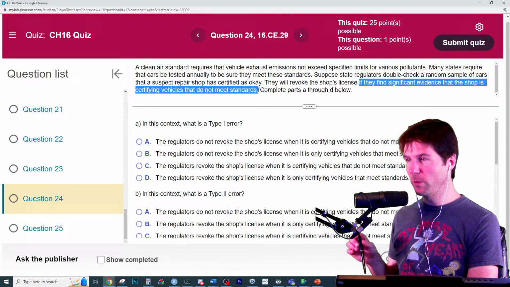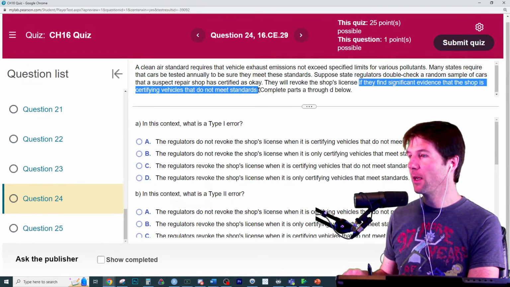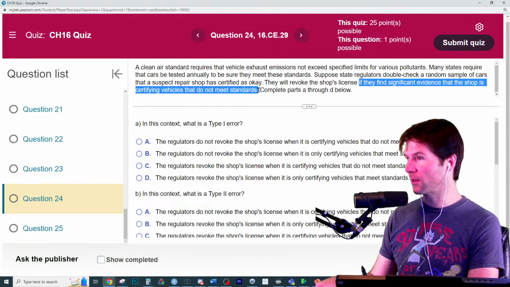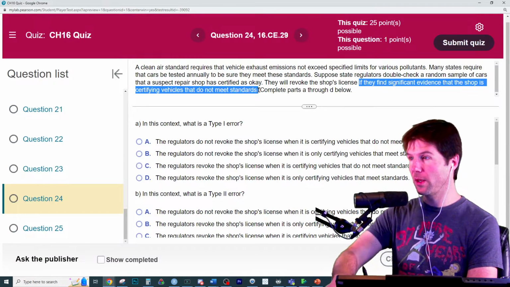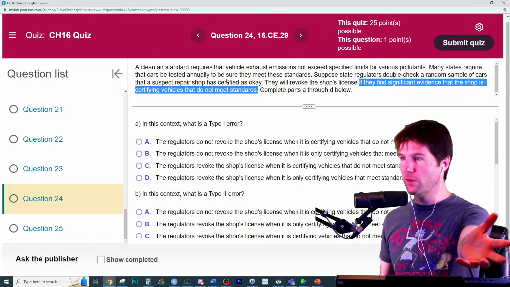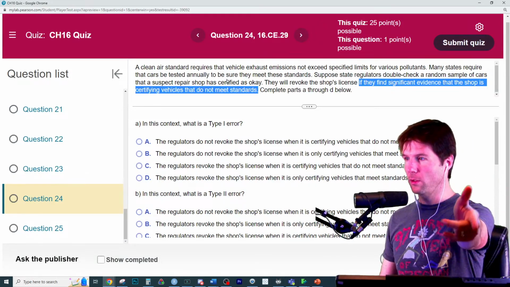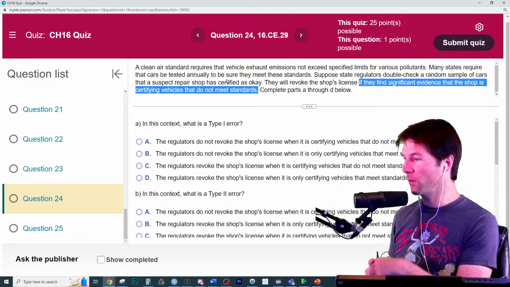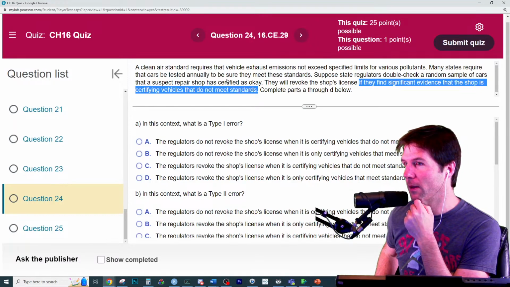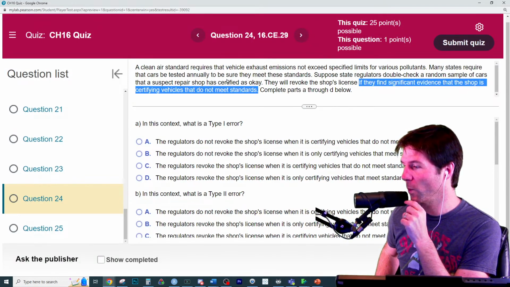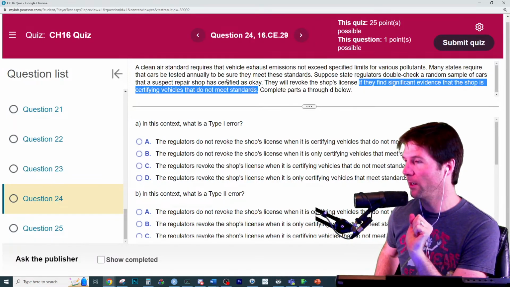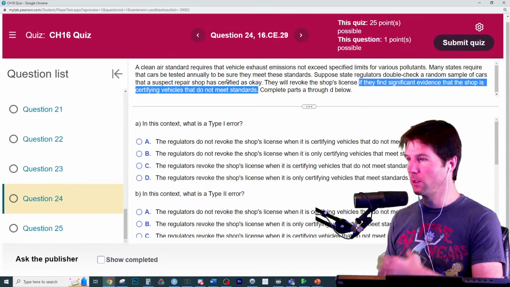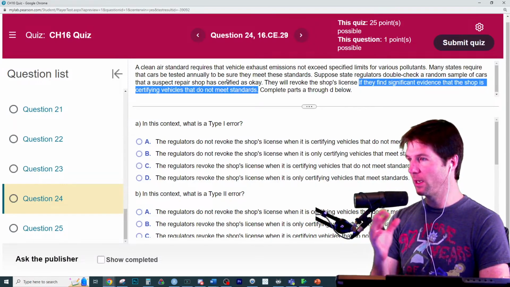Well, kind of, but when you say you're looking for evidence of something, that is the what-based claim. So if you say we're looking for evidence of this, that is the what-based claim, the null or the alternative. If you're saying I need evidence for this, you're saying give me evidence for the null or give me evidence for the alternative. So which of those would you be looking for evidence for? The null or the alternative? Which of those is the evidence-based one that we need evidence to believe? Very important concept right here. Is the null what we need evidence for, or the alternative?